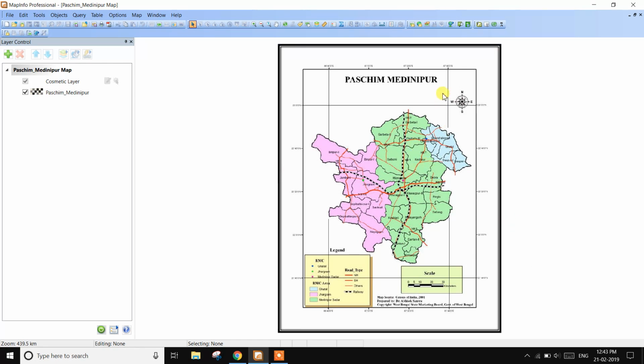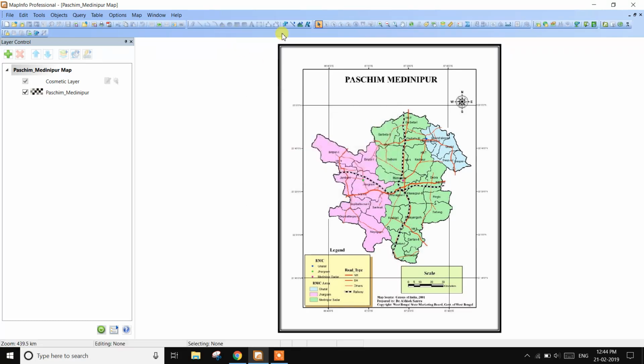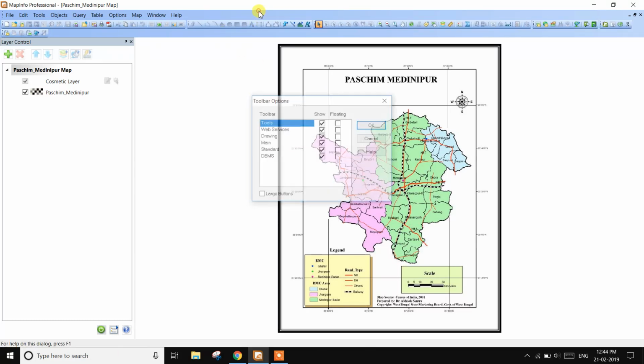Go to the upper portion of the software, then right click and choose Drawing Tools. Here the drawing tools are active; in the other portion of the software they are not active.